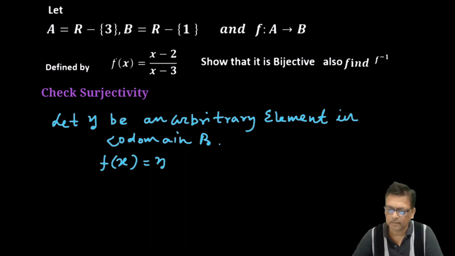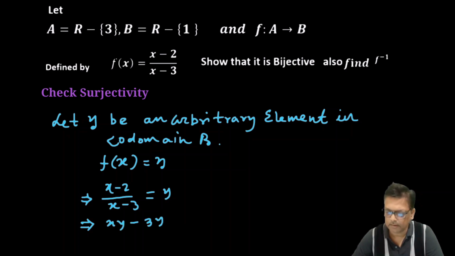Now we have f(x) is (x minus 2) by (x minus 3) equal to y, which implies that xy minus 3y equal to x minus 2. From here, we will get xy minus x equal to 3y minus 2,